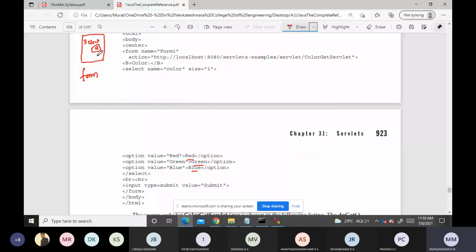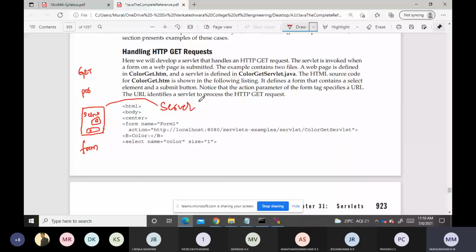When we click on this submit button, this form has to be sent to the server. For this sending purpose, we can use either the get method or the post method.